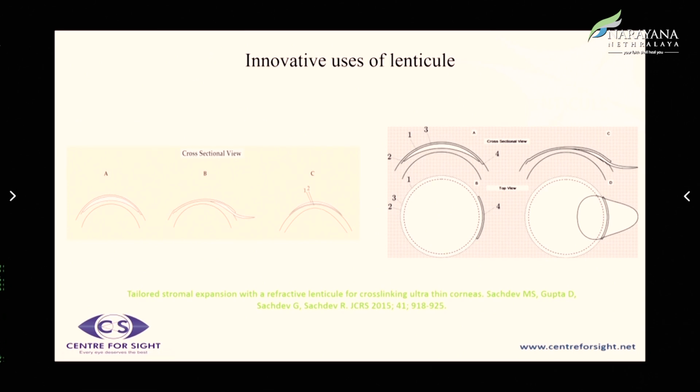We could know the thickness of the lenticule because if you are doing a -3 or a -6 or a -1, the thickness of the lenticule will be different. So whatever is the shortage over 460, we would take a lenticule from there, and this we called tailored stromal expansion. Therefore, you could actually tailor the quantum of lenticule that you want.